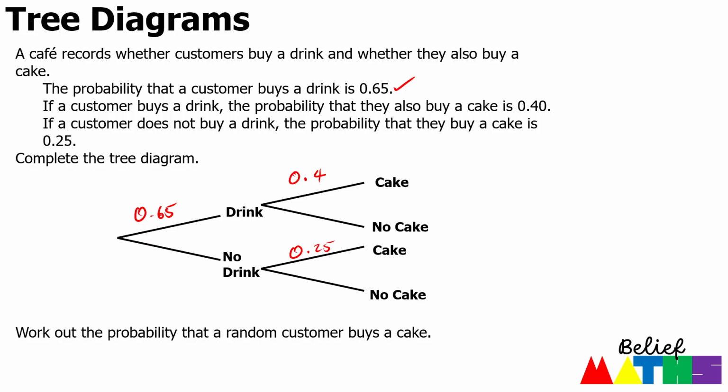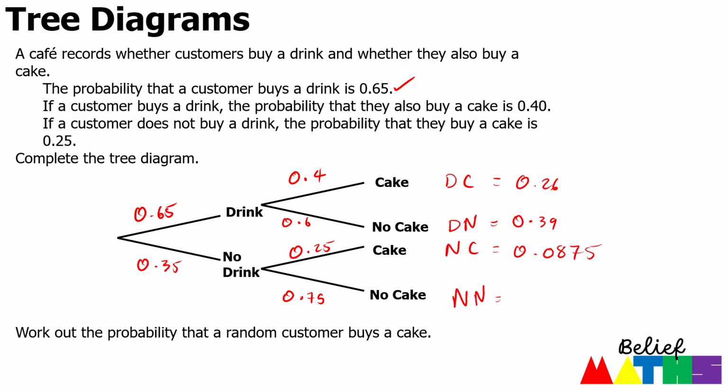Now we remember that each set of these branches add to give 1. So I just have to do 1 minus 0.65 to give me 0.35. 1 minus 0.4, which is 0.6. And 1 minus 0.25 is 0.75. Now what I like to do is then at the end fill in all the information. So I've got drink and cake, drink and no cake, no drink and cake, and no drink and no cake. And to work out each of those probabilities, you just multiply along the branches, which gives you 0.26, 0.39,